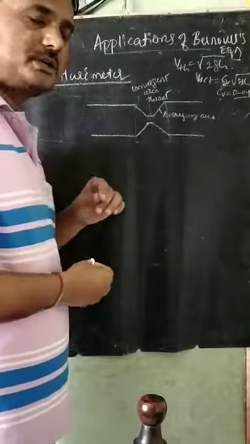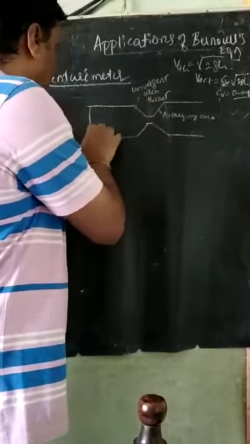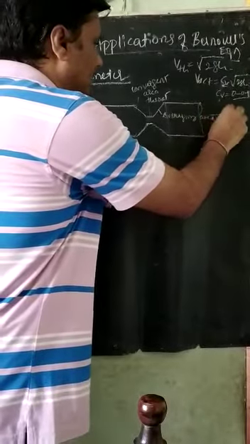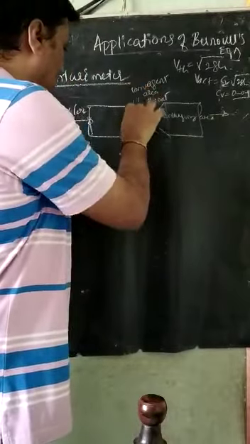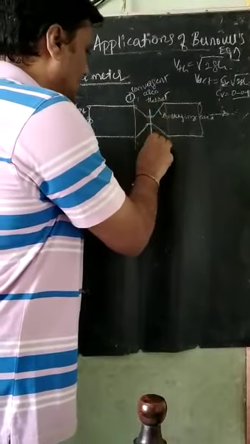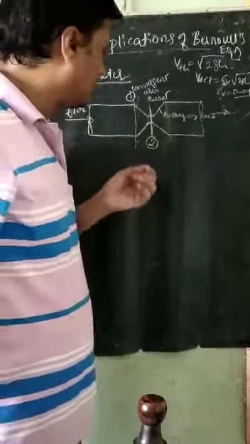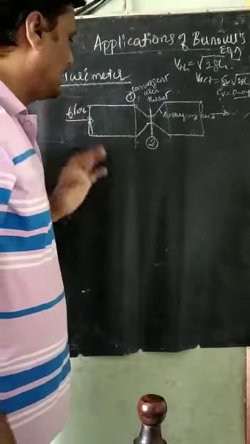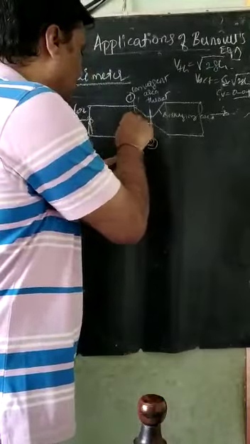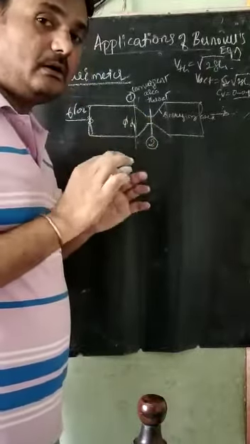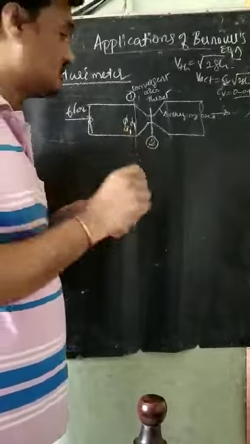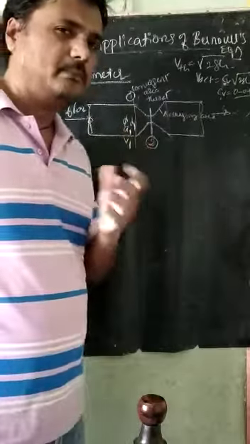I will take a section 1. In the pipe, fluid flow is entering here and exiting here. Section 1 is in the pipe, and section 2 is at the throat. The diameter at section 1, the pipe diameter, is d1, the cross-sectional area at section 1 is A1, and the velocity at section 1 is v1. These are the parameters for the derivation.